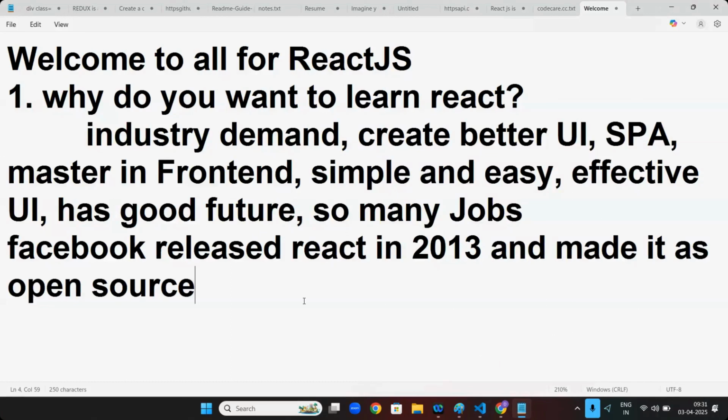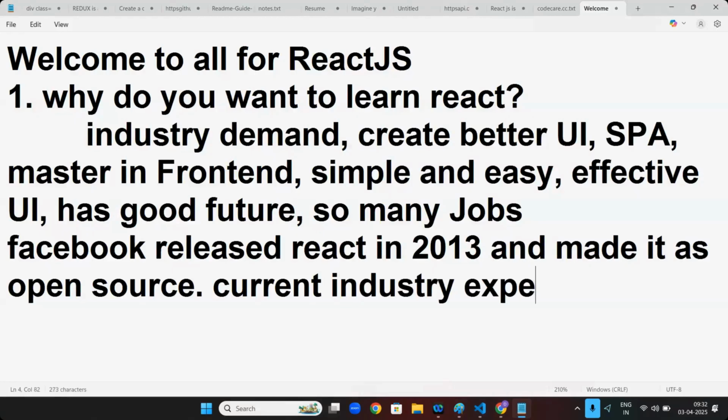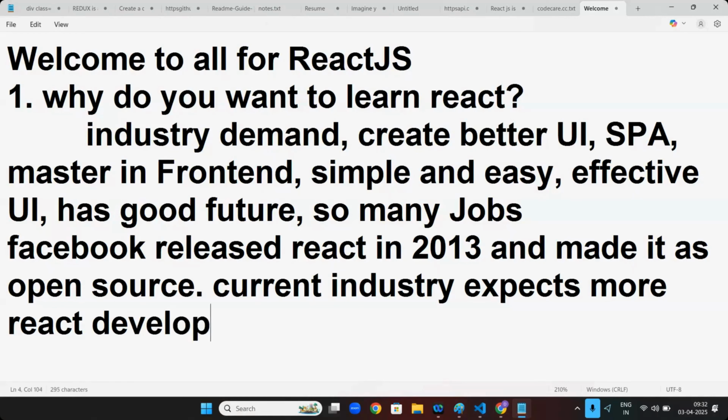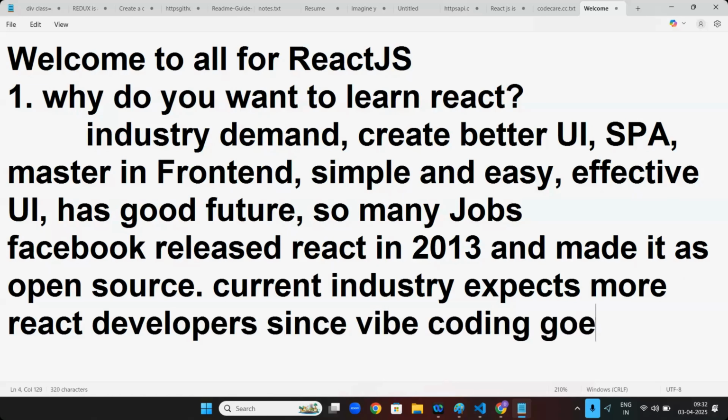Now, if you take out jobs, the current industry expects more React developers, since vibe coding goes with React.